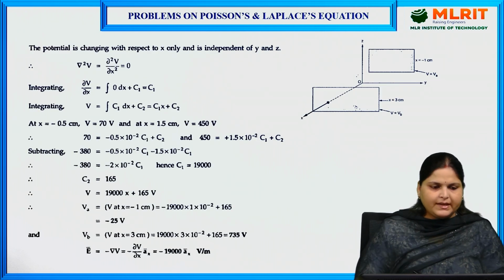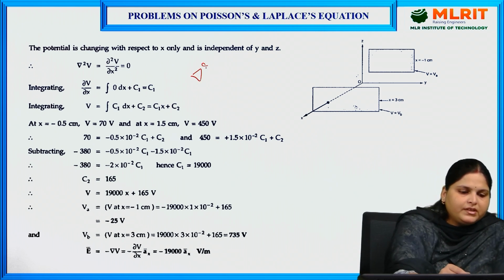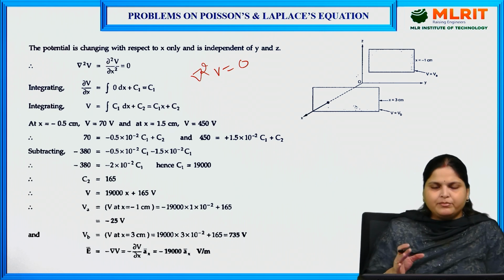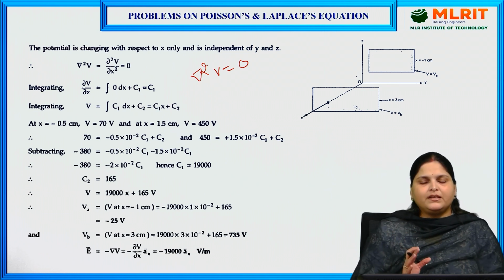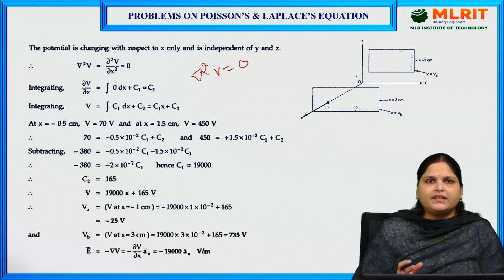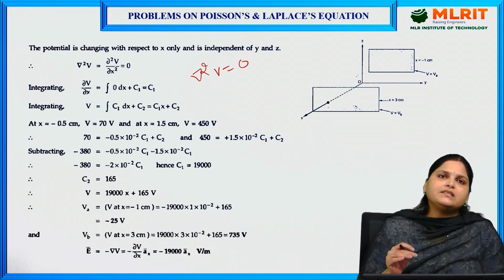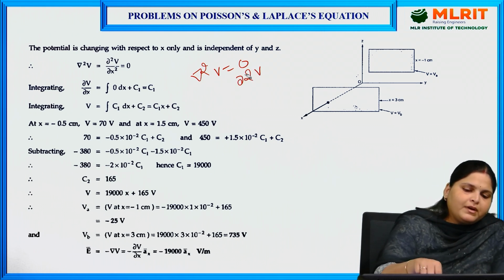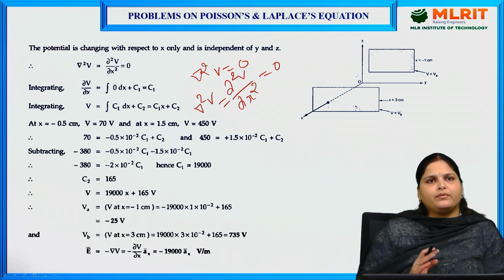Let's solve it, right? So we will use the Laplace equation del square V is equals to 0. Now it is clear from this question that this question is in Cartesian coordinate system. It is clear from the diagram. But here there is no y and z term. In question it is given that these plates are only on x-axis, so we can only consider x coordinate. That means this equation can be written as del square V by del x square is equals to 0. This is the equation.